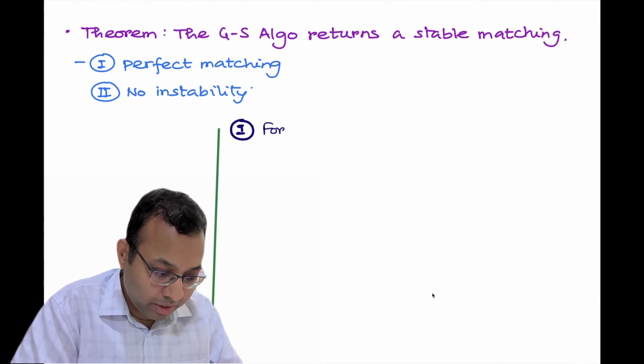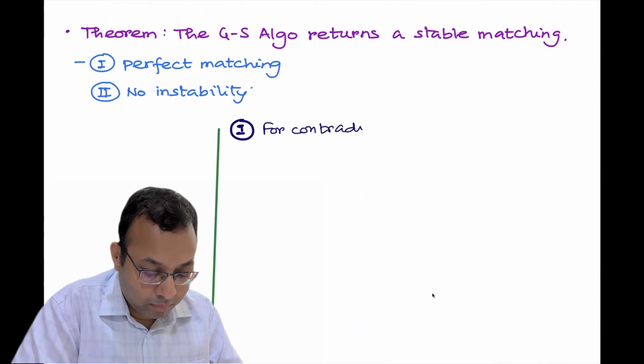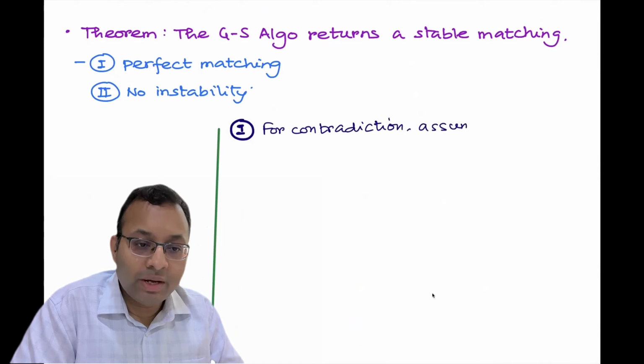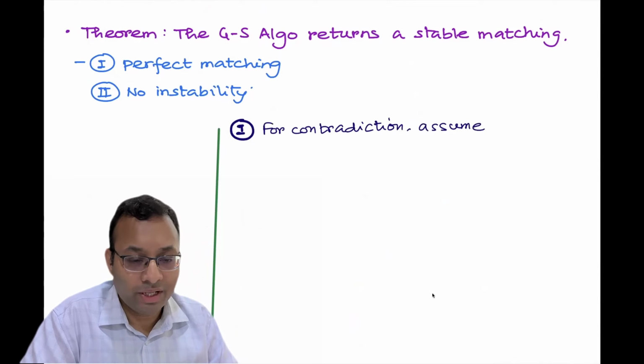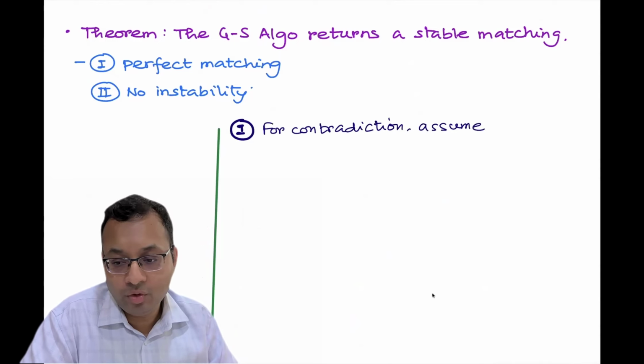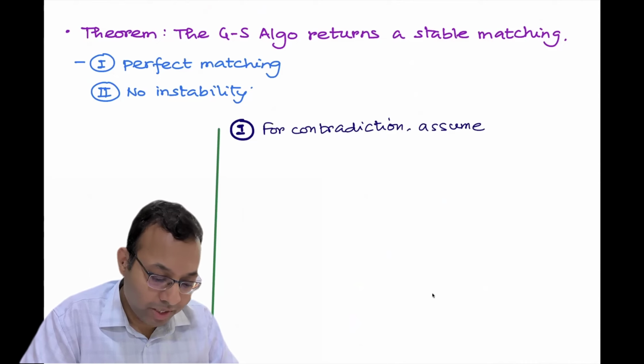For contradiction, assume, the reason I'm writing is, normally in class I always use the blackboard because it takes time for the brain to understand the algorithm. But here, as it is a YouTube video, you can pause anytime and go back, rewind, and go over what I have taught. But for the proofs, I will still write down some things. So for contradiction, we assume